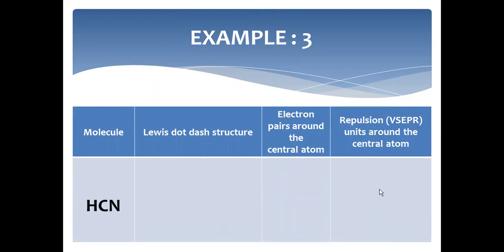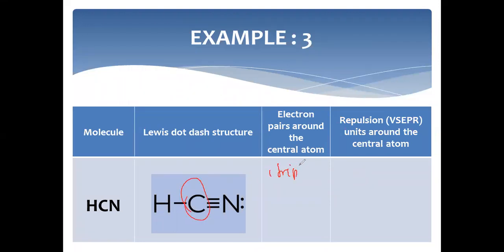Hydrogen cyanide, HCN. We know the structure already: the carbon contains one triple bond and another single bond. I already told you. So what is the number of electron pairs around the central atom? When you take the central atom, the carbon contains one triple bond. The triple bond means 2 electrons into 3 bonds. That means 6 pairs of